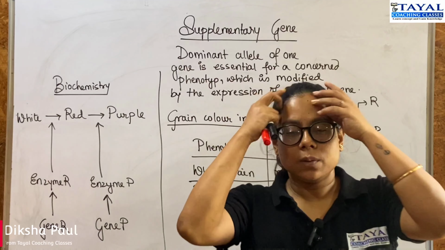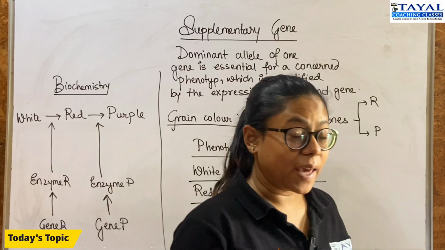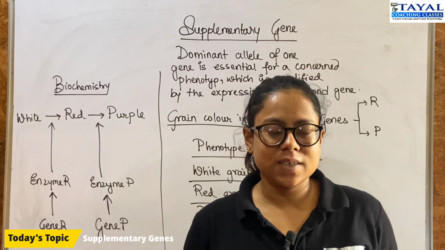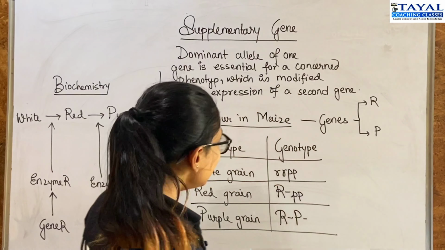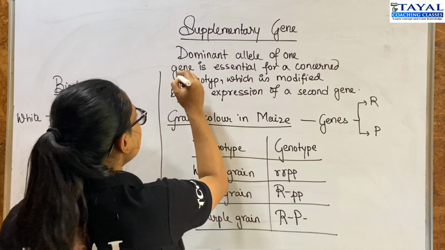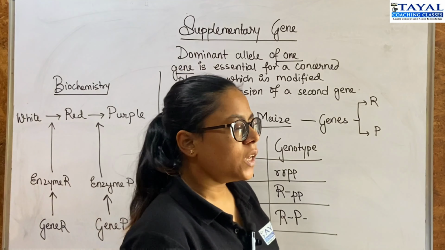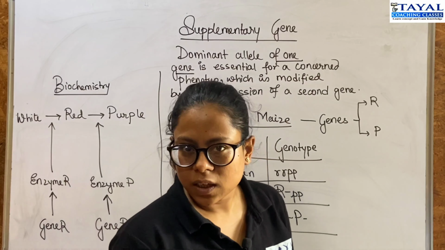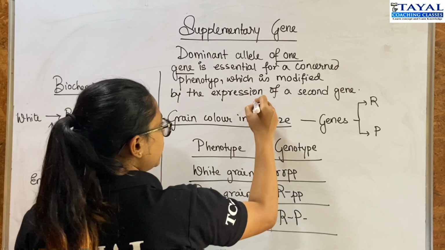Hi guys, so today we will be studying the concept of supplementary genes, right? Like in complementary genes, you needed two dominant copies to show you a phenotype. In this case, you have one gene which will originally give you a particular phenotype, right? So for example, if I take color in, let's say, maize, or even a very good example would be